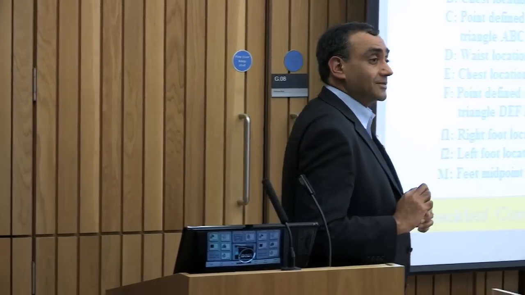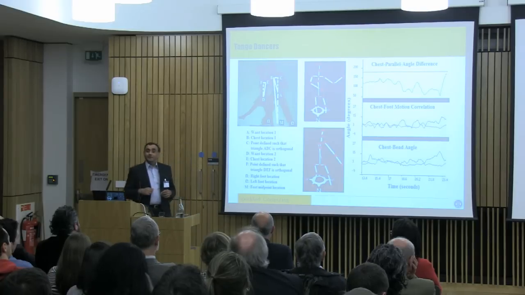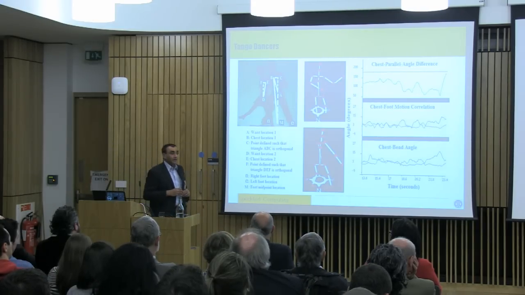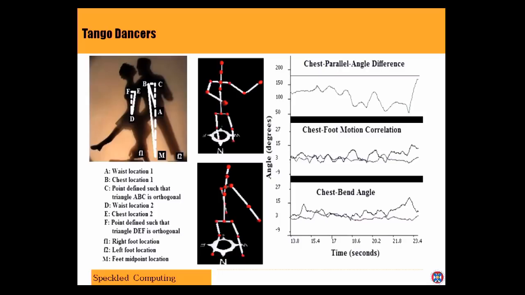You can take this tango dance, for instance, and this was done by Alkis Valtazanos, who's a PhD student here at the back. And the idea here was, can we get two bodies to interact with each other and then capture that motion? And in this case, you have things like the angle between the chest of the two bodies should be maintained during the dance.